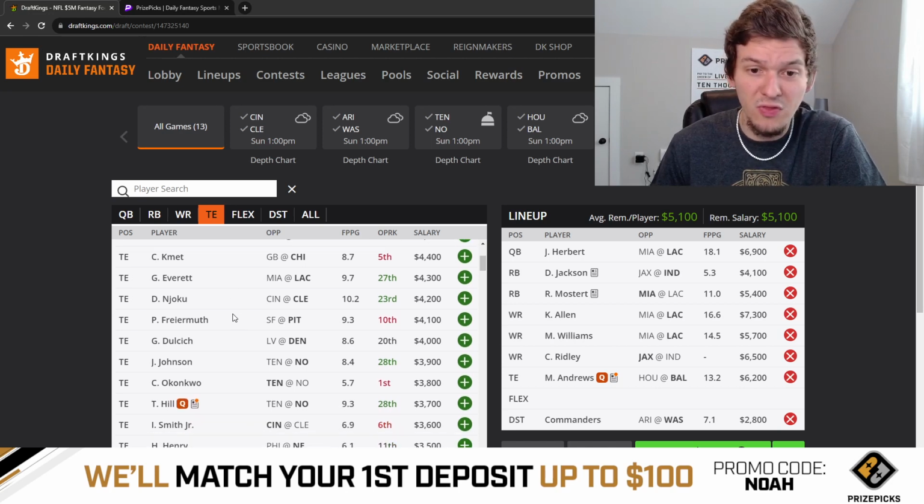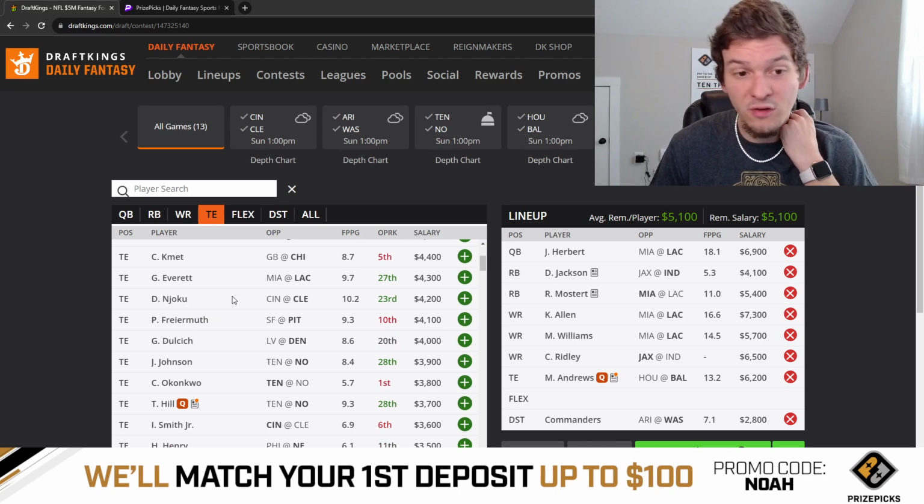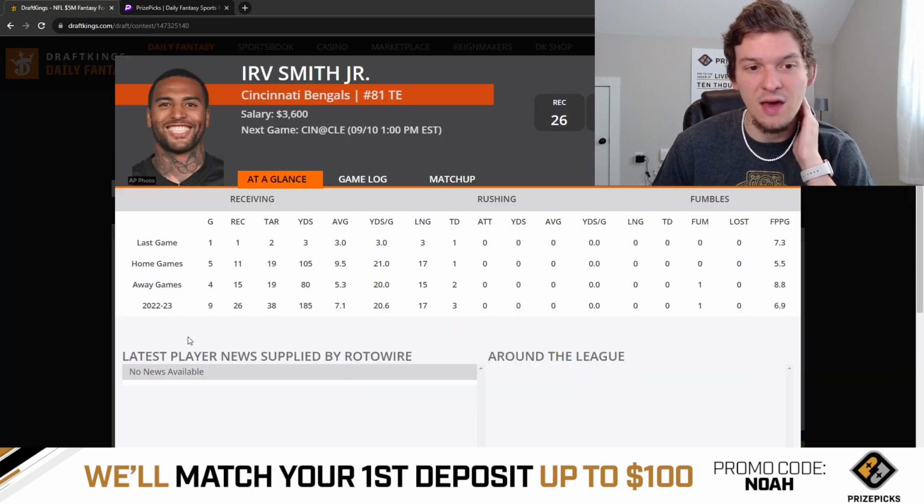David Njoku, I think, is poised to have a pretty big year as well with Cleveland. A big body that Cleveland can target in the red zone. There's always touchdown upside for David Njoku. He's only 4,200 as well. Irv Smith is expected to be the number 1 tight end for Cincinnati, and we've seen Irv Smith be a guy that can handle